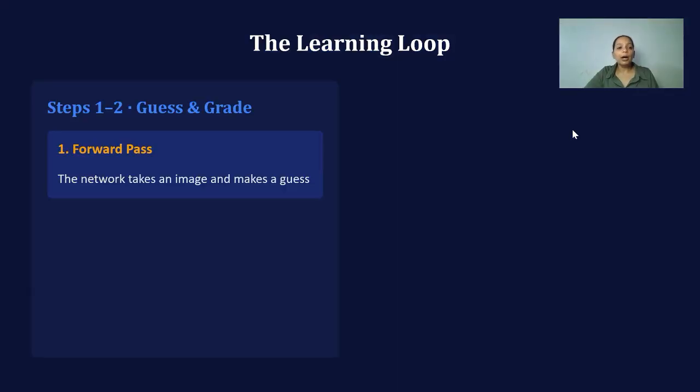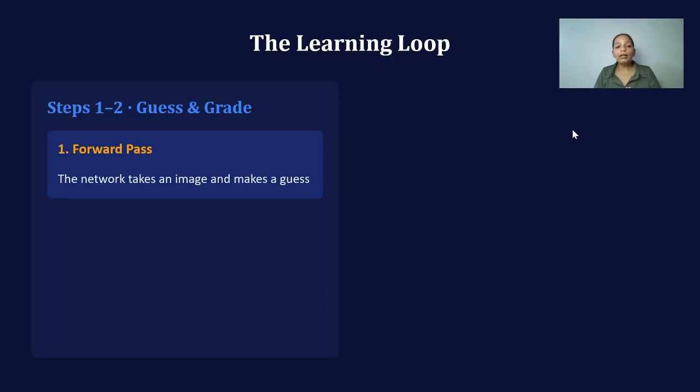So here is the part of the video everyone wants to understand. How does a neural network actually learn? Try to understand it in detail. You can watch it multiple times. There are 4 steps repeated thousands of times in a neural network. Number 1, forward pass.